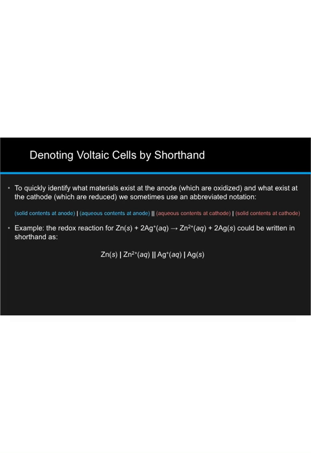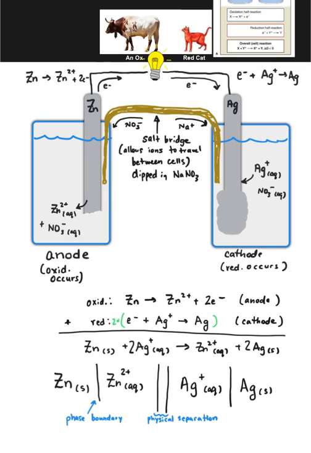The left will always be contents at the anode. The right will always be contents at the cathode. So these occur in alphabetical order: anode, cathode, separated by a double vertical line. So back to the previous slide then. One final thought on this